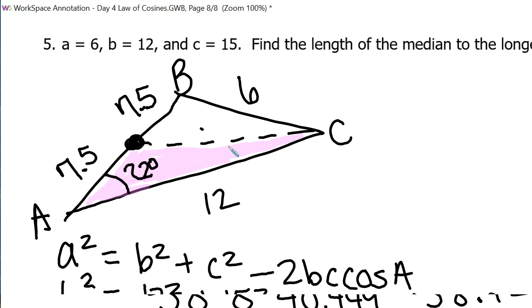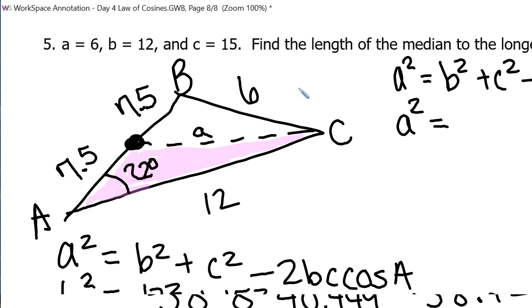So if I want side A, do I have to use A squared, B squared, C squared? A squared. Don't do that up here. Here we go again, A squared equals B squared plus C squared minus 2BC cosine of angle A. Luckily, we're solving for A squared, so we can just put this all on the calculator. We really don't have to solve anything, just square root everything. Okay, so what do I put for B? 12 squared plus, what do I put for C on the pink triangle? So 7.5 squared